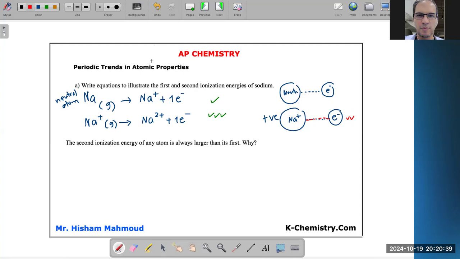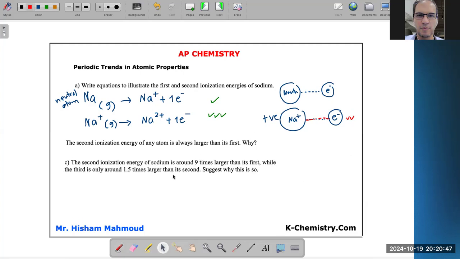Okay. And the next question is asking, the second ionization energy of sodium is 9 times greater than its first, while the third is only 1.5 times greater than its second. ليه فرق كبير قوي؟ السكند بتاع الصوديوم مقارنة بالفيرست is very big، بينما الديفرنس ما بين الثيرد والسكند is not that much. Why is this difference يا جوليان؟ ايه رأيك؟